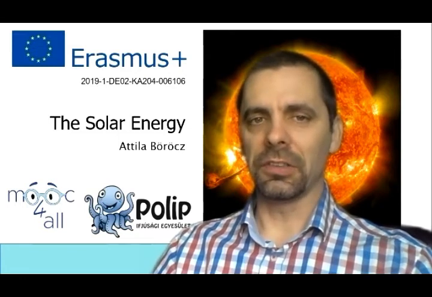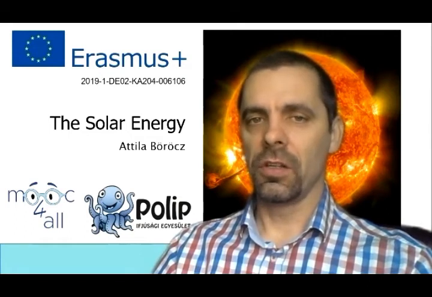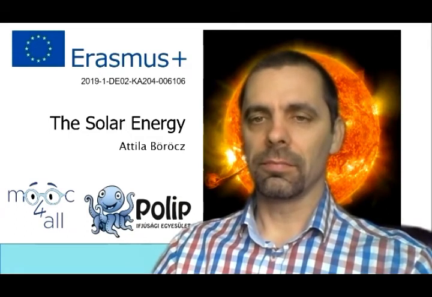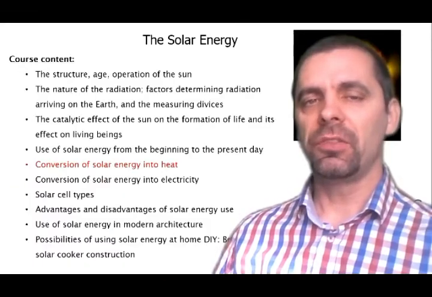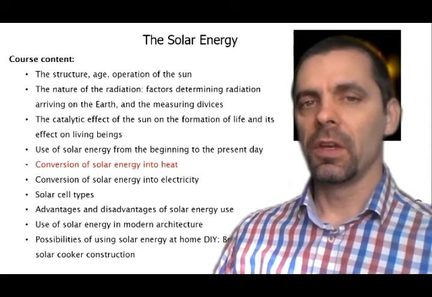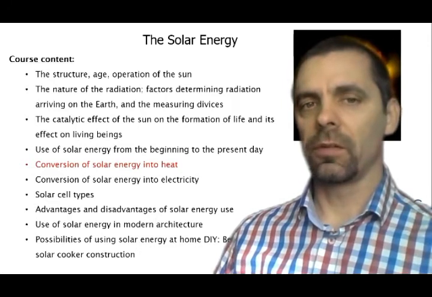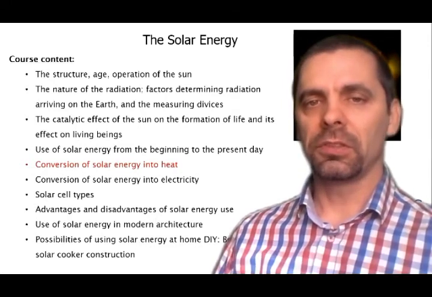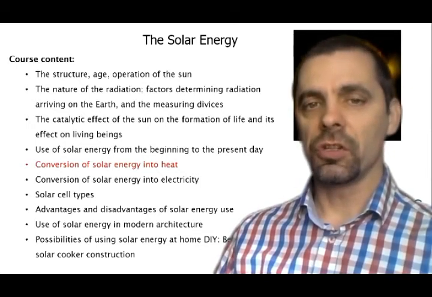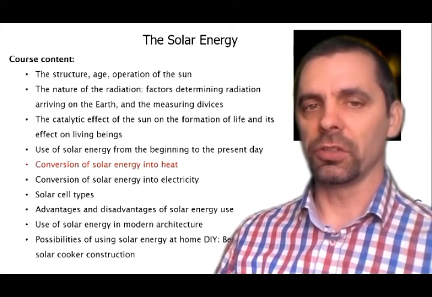This is the sixth lesson in our solar energy course and the second in the solar energy to heat conversion topic. In the previous chapters, we learned about the sun, the sunlight, its effects, and the history of using solar energy. The last one was not enough for the subject of what we can do with solar energy. I was talking about the methods for using solar thermal energy, active and passive energy usage, the different types of solar energy collectors, and water heating applications.